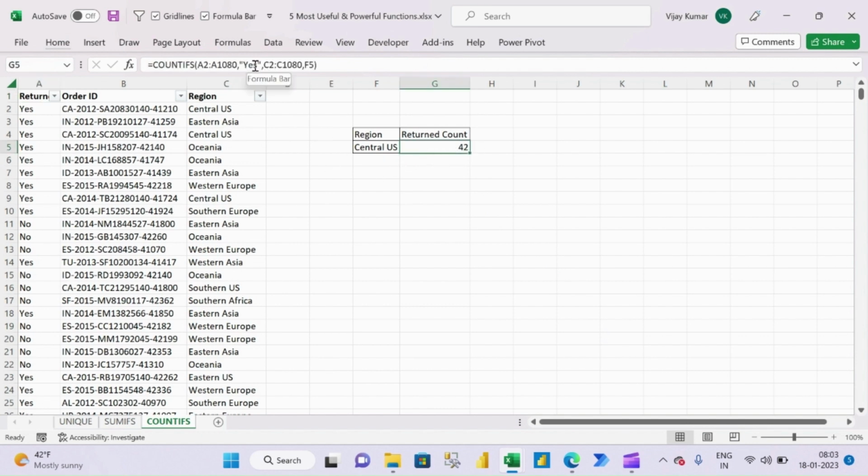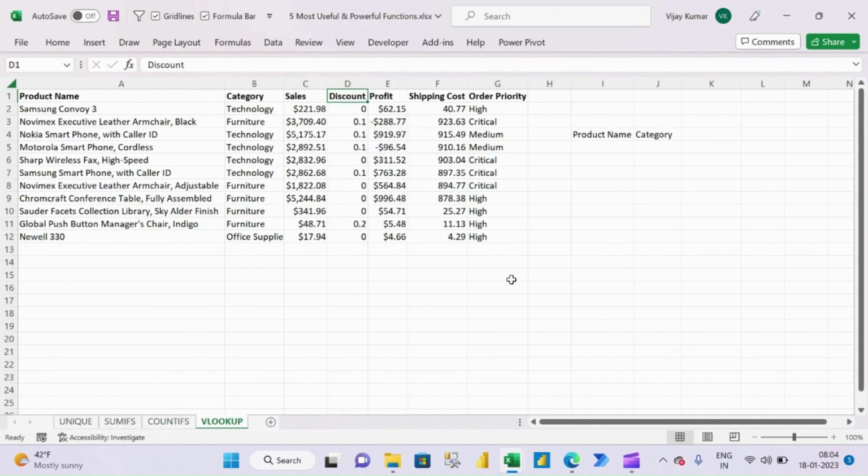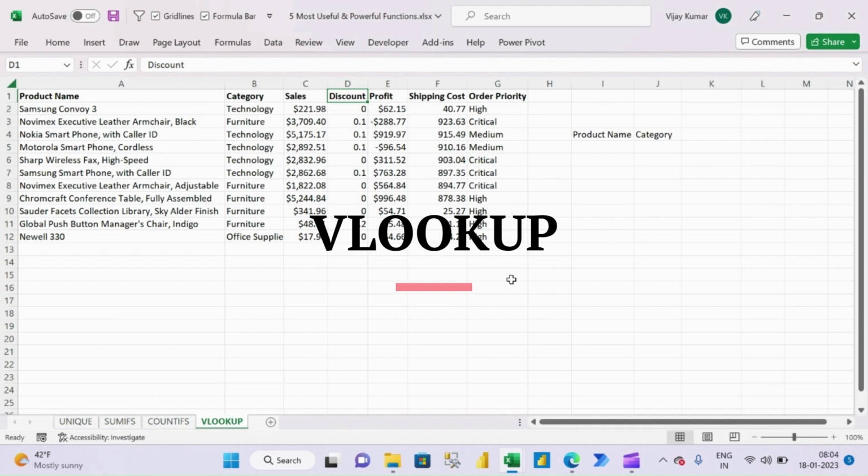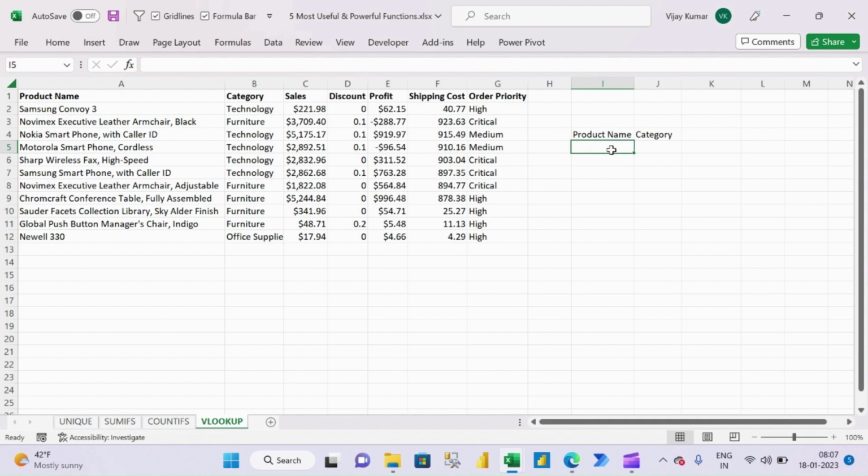Two criterias we have used here. VLOOKUP, a mostly used function. The VLOOKUP function in Excel is used to look up a value in a table and return a corresponding value from a specified column. V stands for vertical. Here I want to select the product name, and based on that I want to get the category. So I will write equal to VLOOKUP,